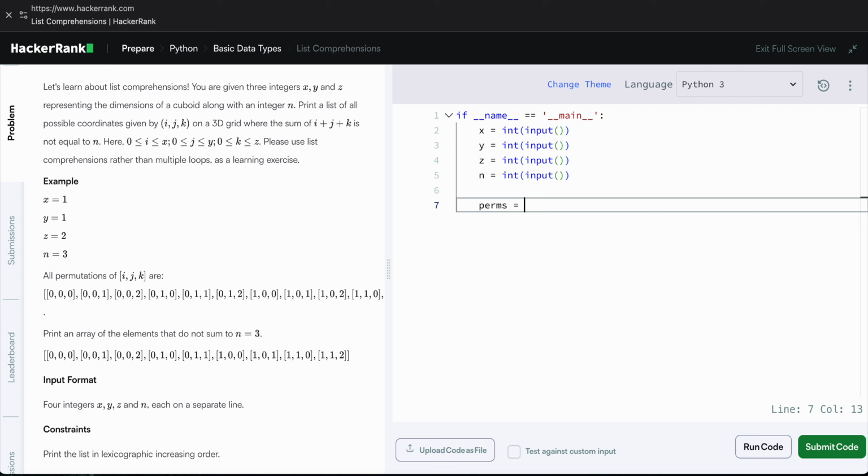Actually, we can just do this: print x, y, z for i, j, k if